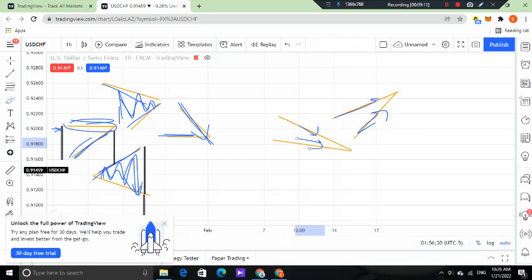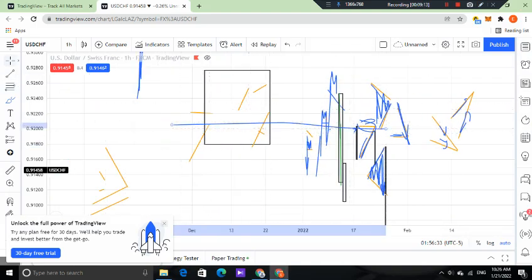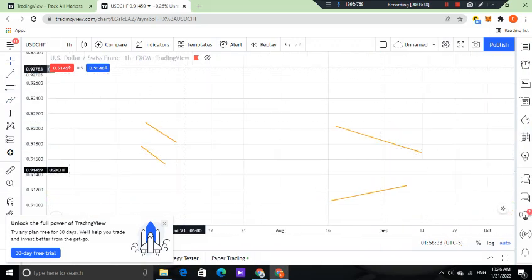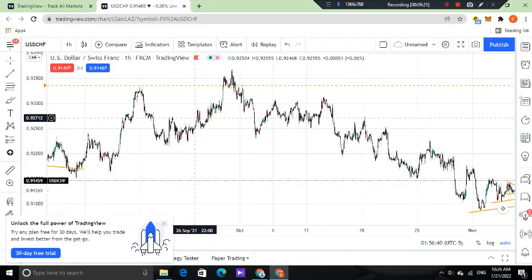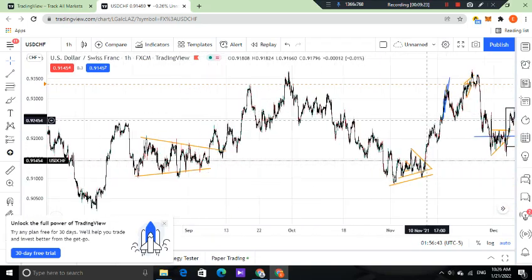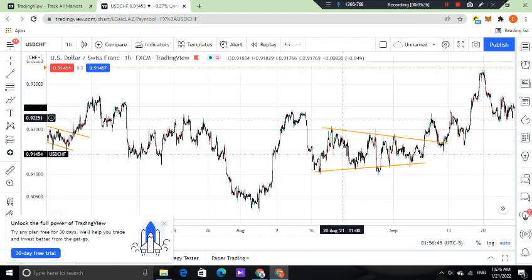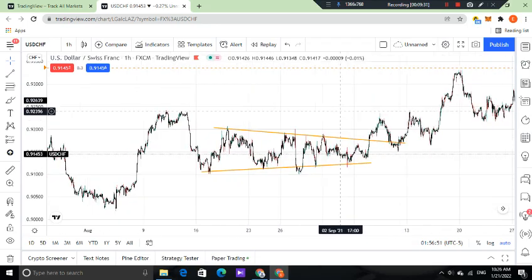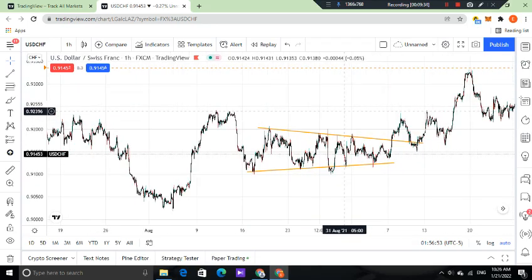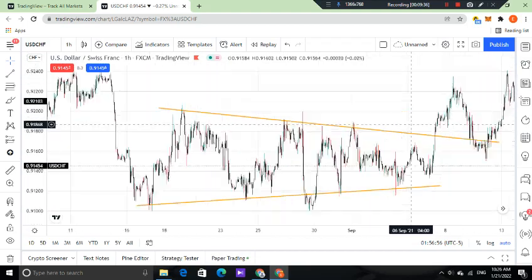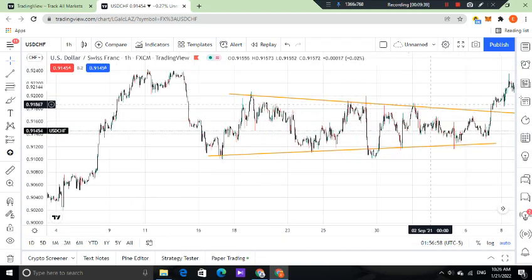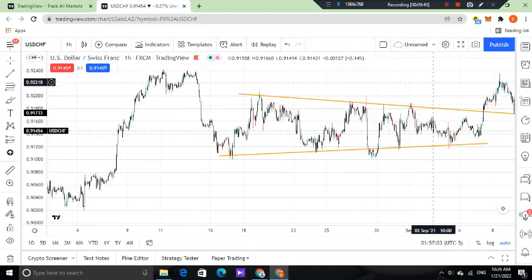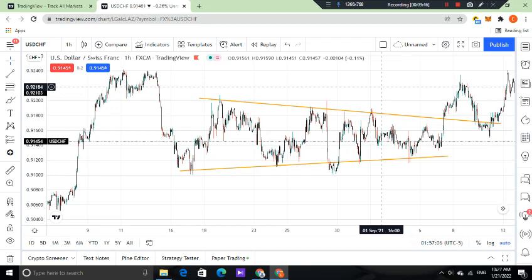Okay, now let's put theories aside and start practicing in the real world. I have already drawn some of these triangles. As you can see, we have a symmetrical triangle, and the longer it takes and the more legs we get,